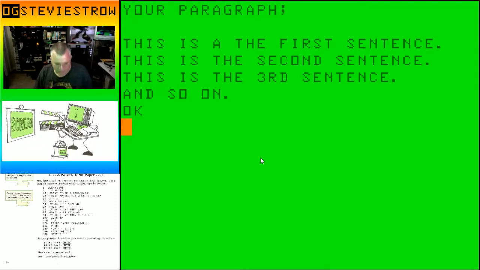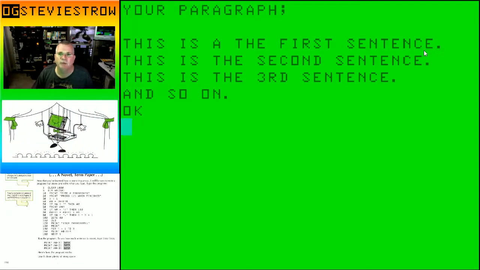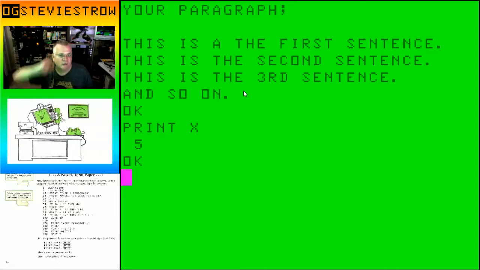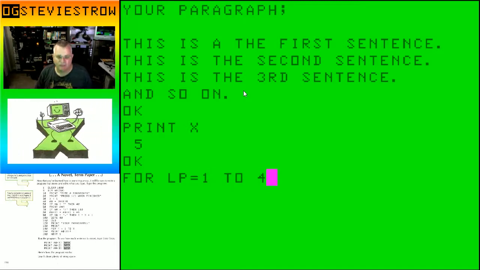However, if I want to see, the variable x should be at least 4. So it started at 1, I typed in a period, it incremented to 2. I typed in a period, it incremented to 3. I typed in a period, it incremented to 4. So if I say print x, actually because every time I typed a period it's already on 5, which makes sense. So now if I say for loop equals 1 to 4 colon print,